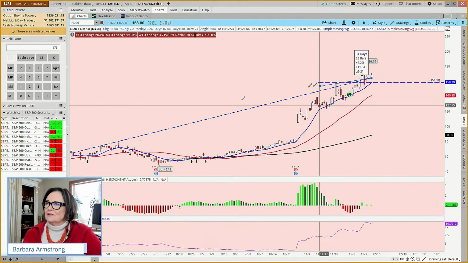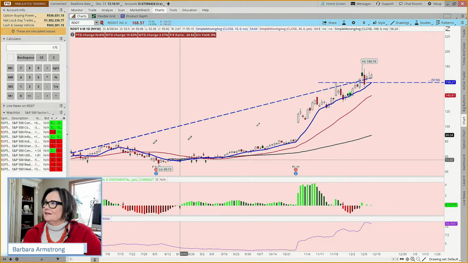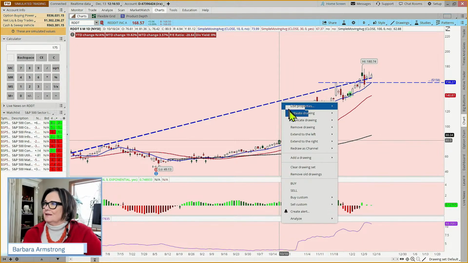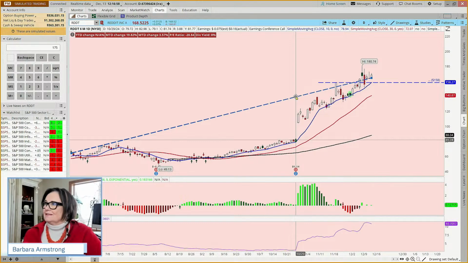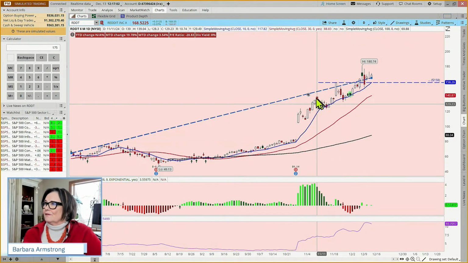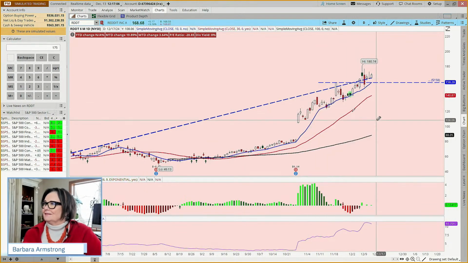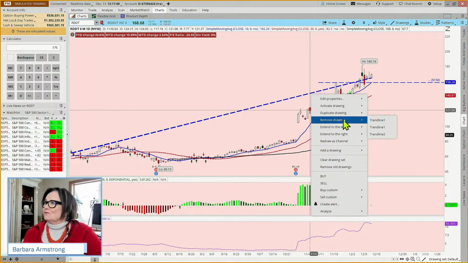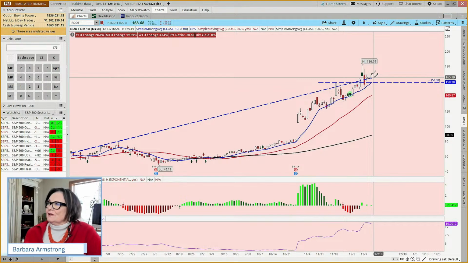Oh, it doesn't want to show me. Yeah, we're up 155% in 6 months on this thing, in less than 6 months. How did I end up with so many trend lines? I want to remove these. Okay, so I can do this afterwards. But so, this has been really bullish.